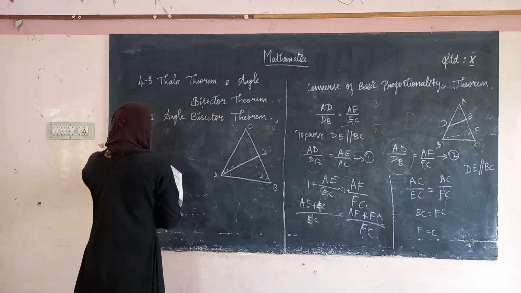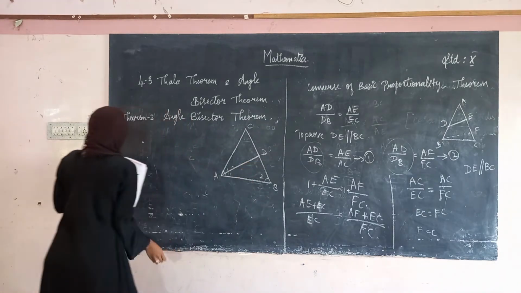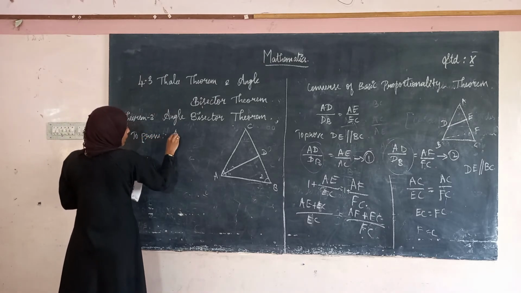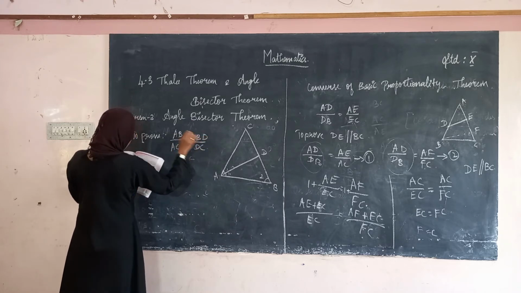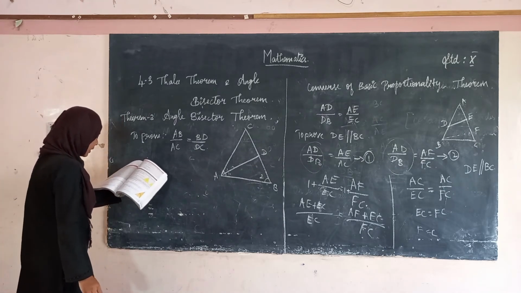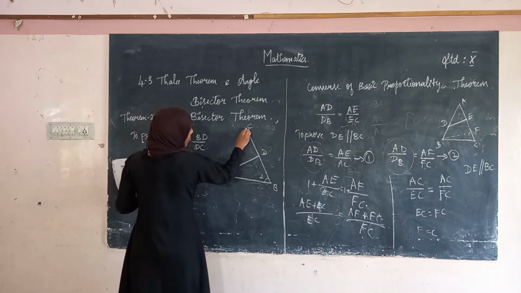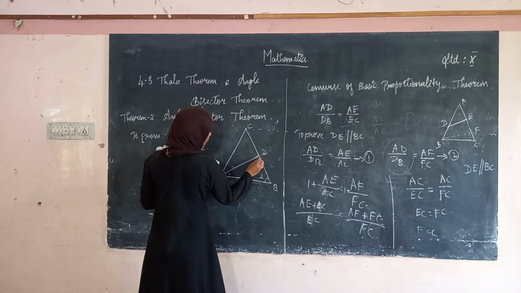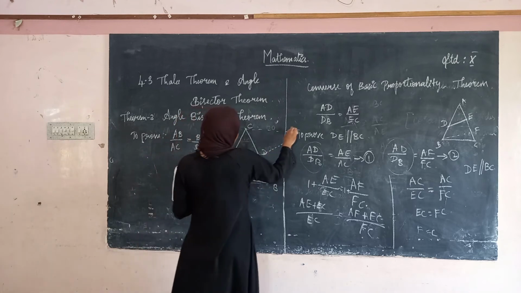Now see here, given that ABC is a triangle and AD is the internal bisector, what we have to prove is AB divided by AC is equal to BD divided by DC. This is what we have to prove. Okay, now we are going to start the construction. Draw a line through C parallel to AB. So from this point we are going to draw a line that should be parallel to AB. We are going to draw the line and we have to extend this AD. The point where these two lines meet is called E.